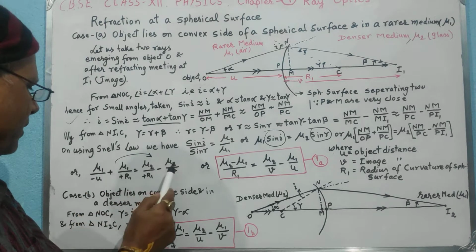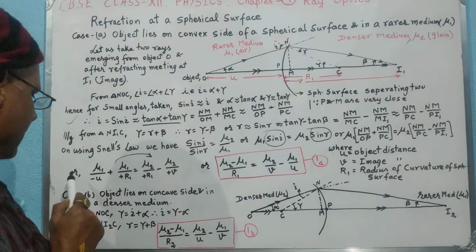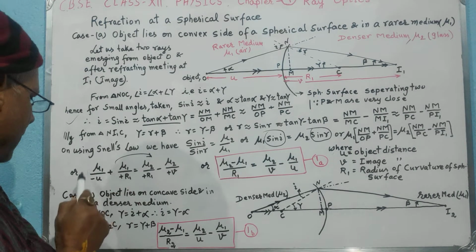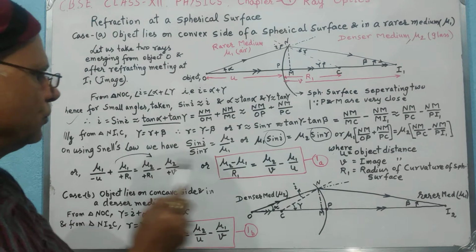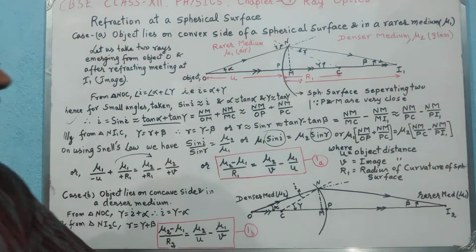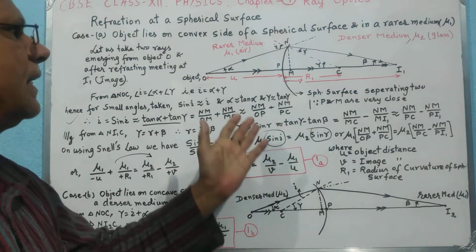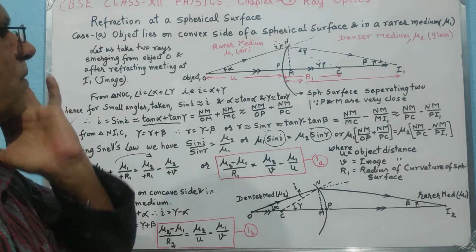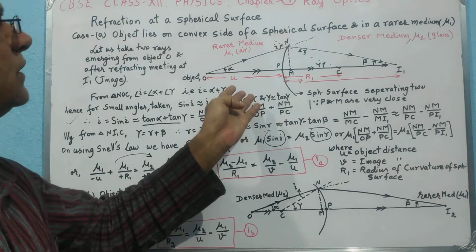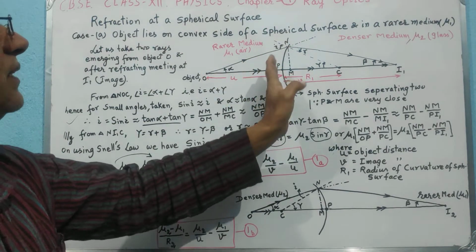And if you carry this term mu2 by v to the left hand side, what you get is mu2 divided by v minus mu1 divided by u. So this is the expression for refraction at a spherical surface when the object lies in a rarer medium in front of a spherical surface,